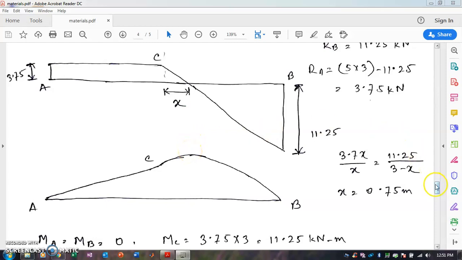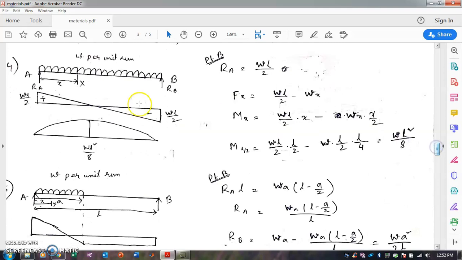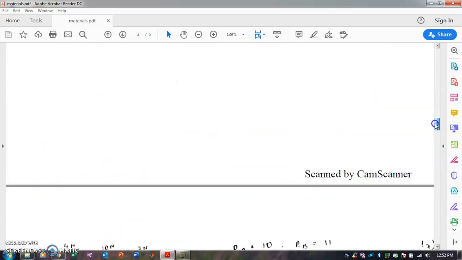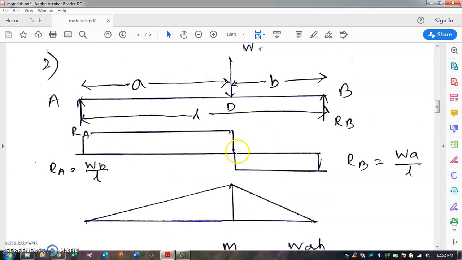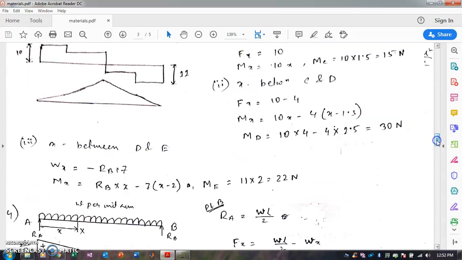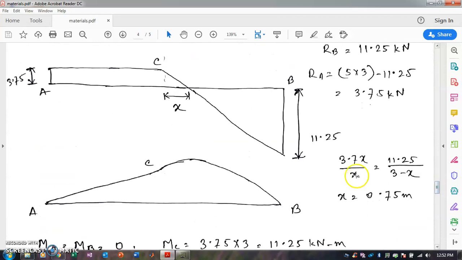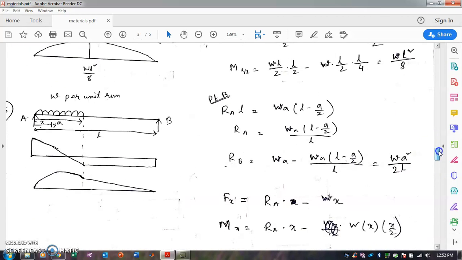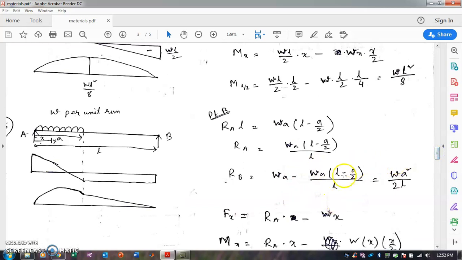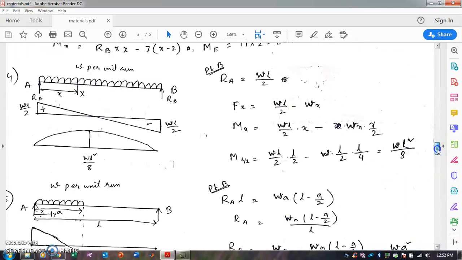From the previous example we know that from here, where the shear force becomes 0, the bending moment becomes maximum, and from here also, where shear force becomes 0, bending moment becomes maximum. Why? Because bending moment is a second order equation, that is, the power of x is 2, and for shear force it is a linear equation, power of x is 1, and from the chapter of maxima minima in mathematics that we have already done,